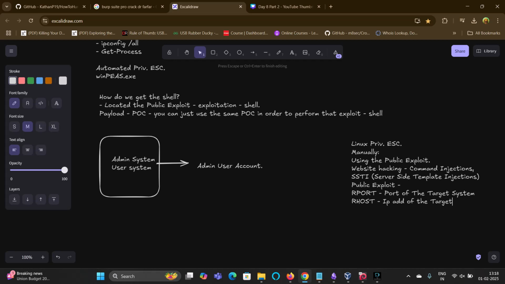You need only these two things to use the public exploit, because if you are able to set these, you can exploit the vulnerability and get into the system in order to get the shell. I hope it is clear and you understood how to use the public exploit.